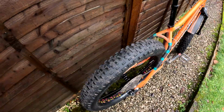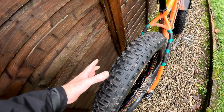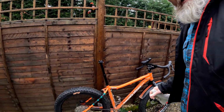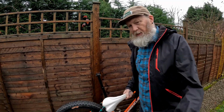The gears are on, they're all working. It's now got brake rotors, they're working, not rubbing. Rear wheel stayed inflated as well. So all we really have to do now is fit a saddle and, well, go for a ride. Oh, and one more thing,